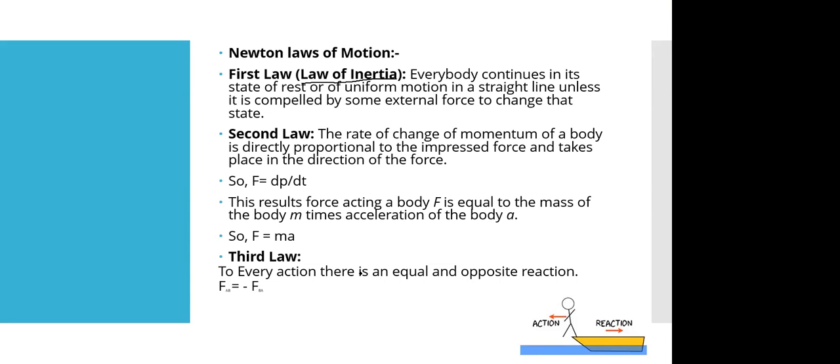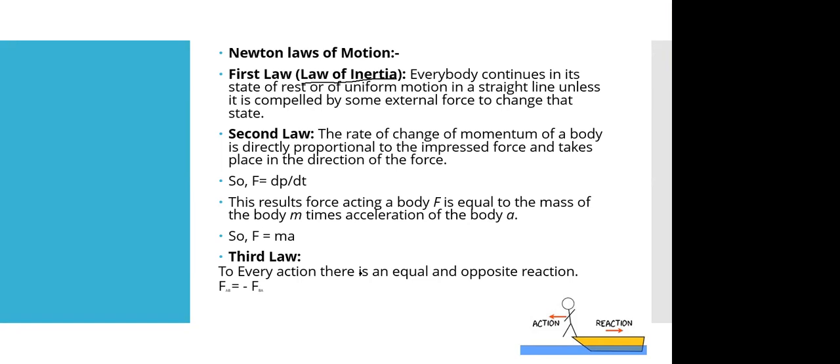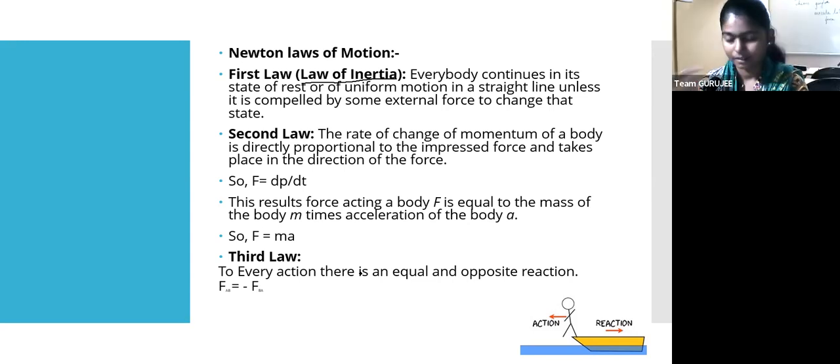Why so silent? Ma'am, cycling, ma'am. Cycling. It's a type of uniform motion, ma'am. But if some external force, if we stop only, it will be stopped like that. I don't know the correct explanation, ma'am, but I understand it. Okay then, let's try some other examples. Can anyone come up with some other examples?